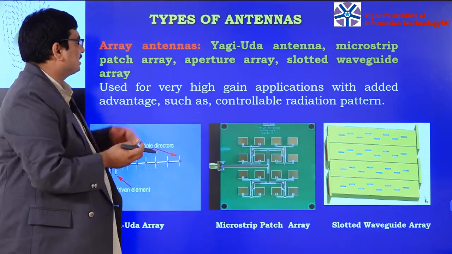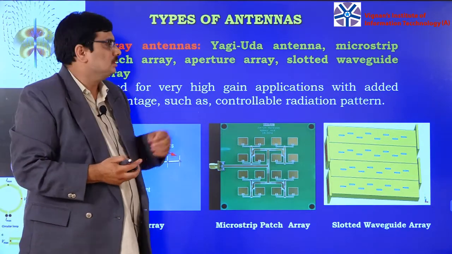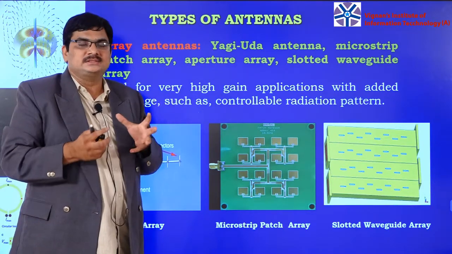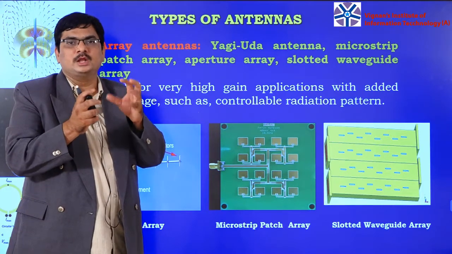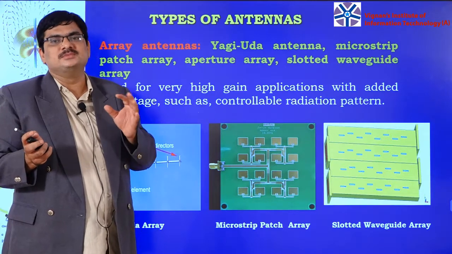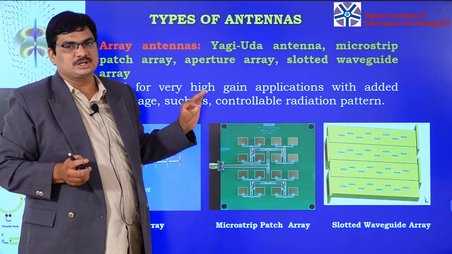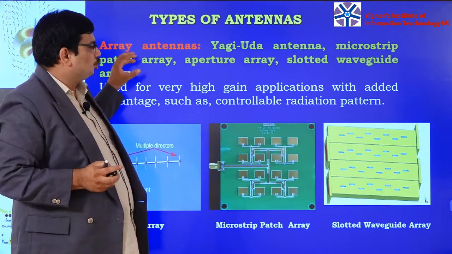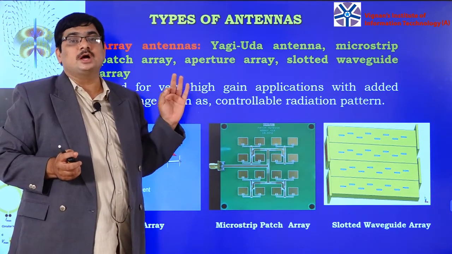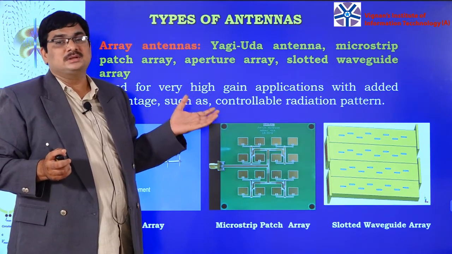And finally, another antenna type is the array antenna. Why are we going for array antennas? The major disadvantage of a single wire antenna is that its directivity is very low and its beam is very broad. These broad beams are not suitable for point-to-point communication applications. If you improve the gain, directivity also improves and the beam becomes narrow.